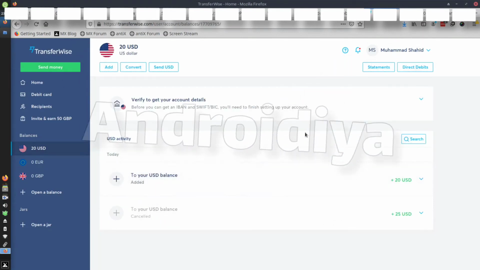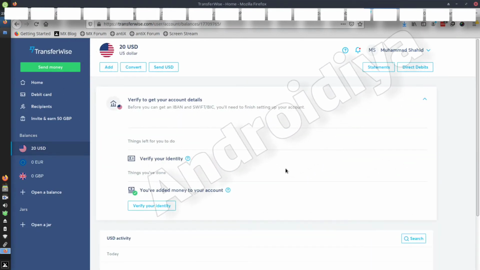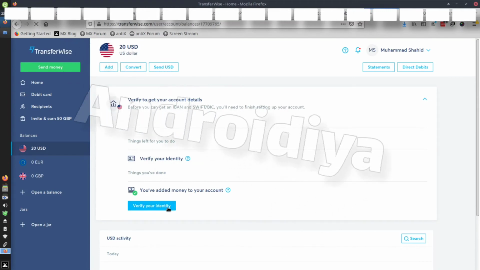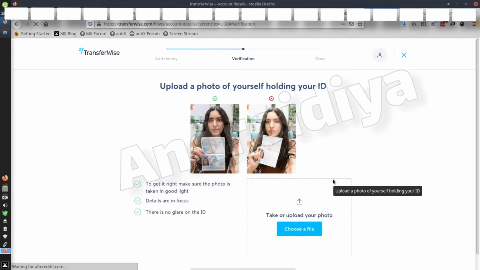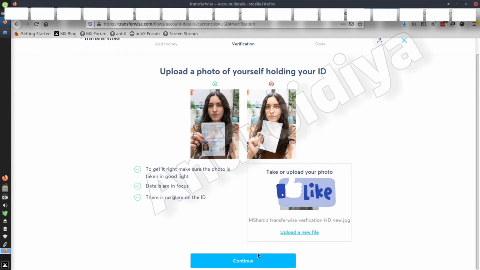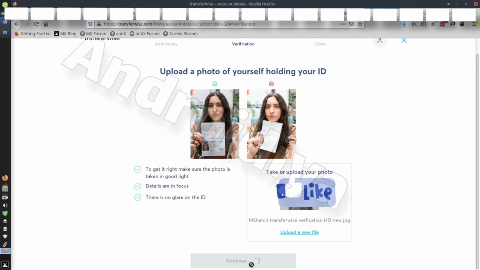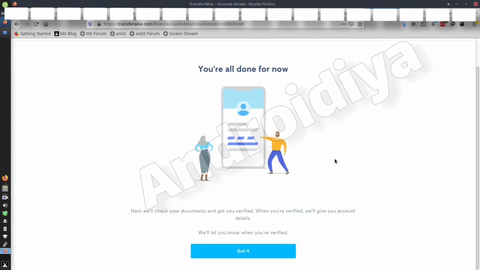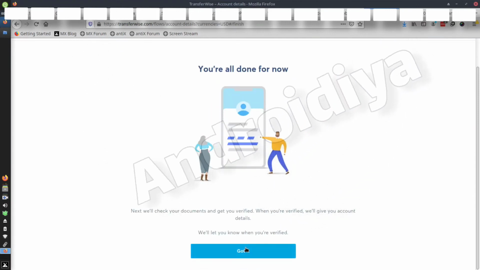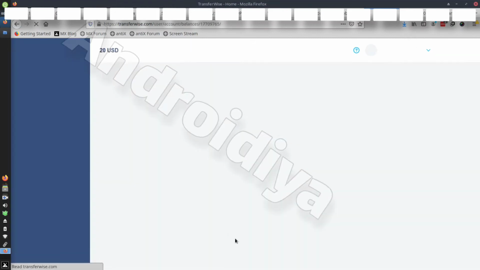Now if I go back to my TransferWise account, you can see verify your details, and now I need to click on the verify your identity button again, and I had to upload this photo again. So I took a new photo and uploaded it to my account and clicked continue, and you can see now you are all done for now option.